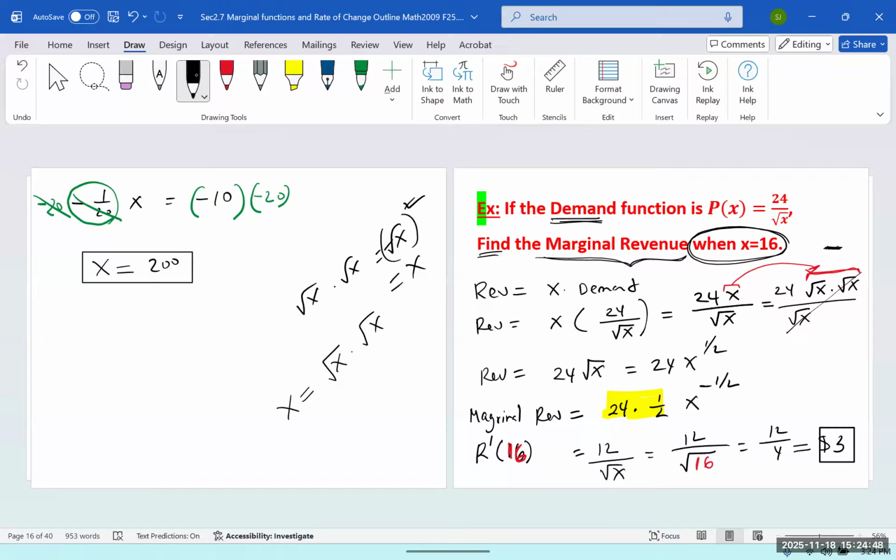Or you can do this. We have 24x divided by x to the 1/2 power. Square root means 1/2. In division, we subtract the power. So we get 24x to the 1 minus 1/2, which is 24x to the 1/2. Either you can use the exponent rules to simplify them, or you can just break them into two pieces and then cancel them. But this will be the non-calculator part, so you cannot use a calculator.